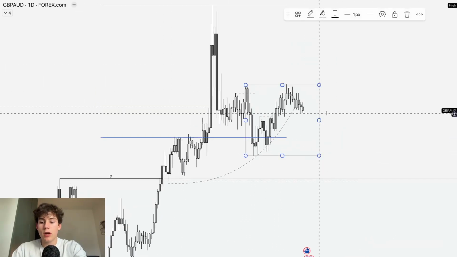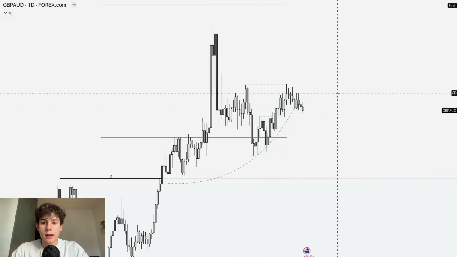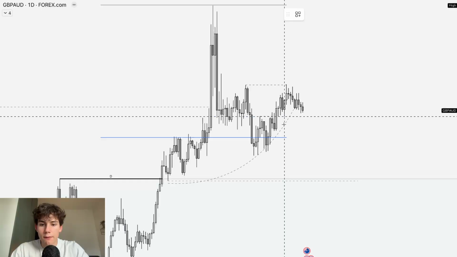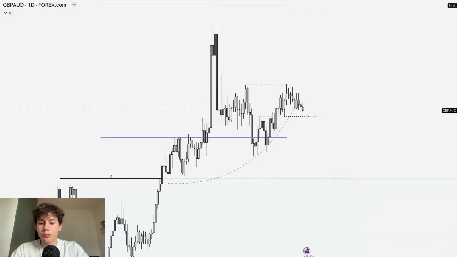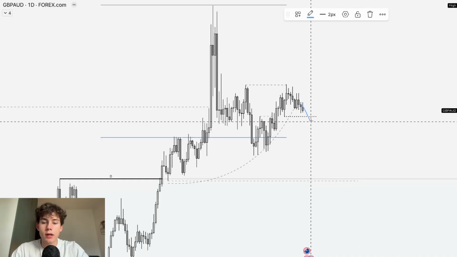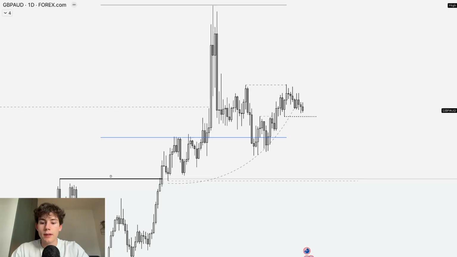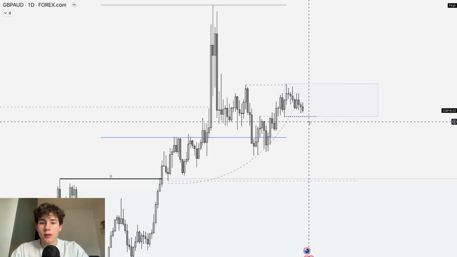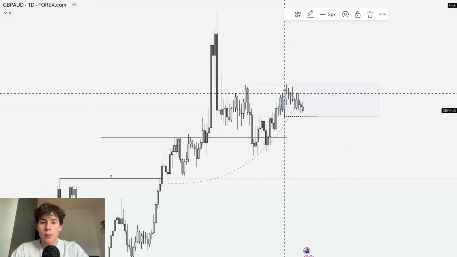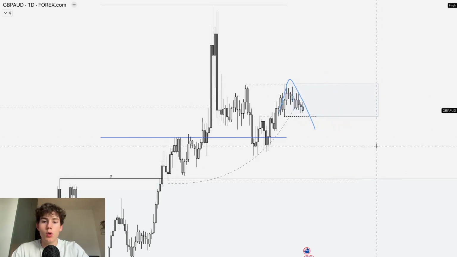Looking on the daily time frame, you can see all of this liquidity. We just grabbed liquidity above this little high over here. And now this is going to be your daily fractal, which I want to break in order to trade down lower. So if we break this daily fractal, I'm going to go over to the 4 hour to look for shorts from this supply zone, which we will then create after breaking that low, because then you will have a buy before the sell, creating this supply where you could then trade down lower from.